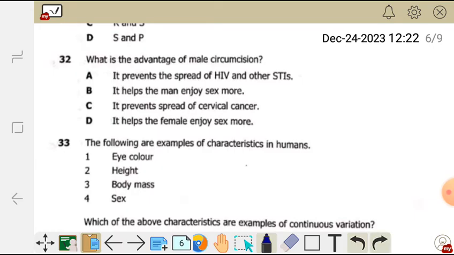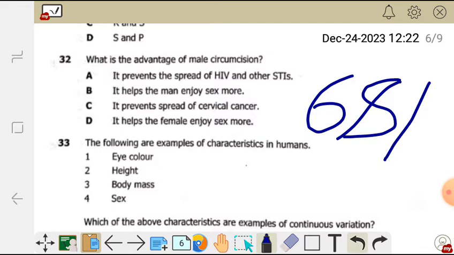that outer layer of the penis is going to harden to prevent what we call injuries during dry sex. So those injuries, if they are prevented, meaning the spread of HIV will also be reduced. They say 68%. It protects the person who has been circumcised from contracting HIV by 68%. So it doesn't mean that when someone is circumcised can't contract the HIV virus, but it prevents up to